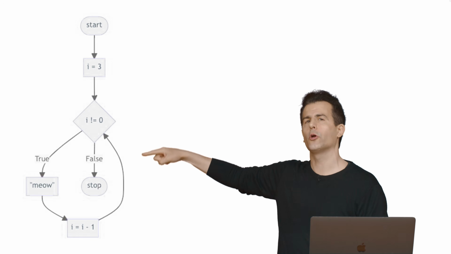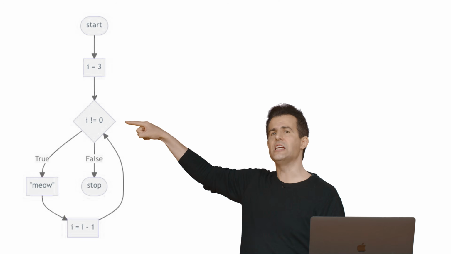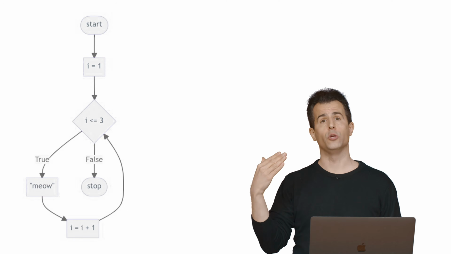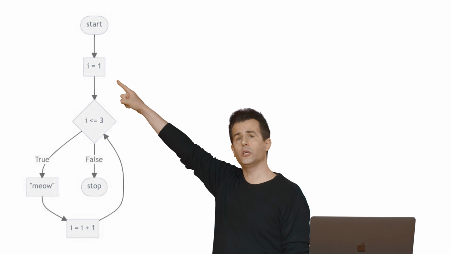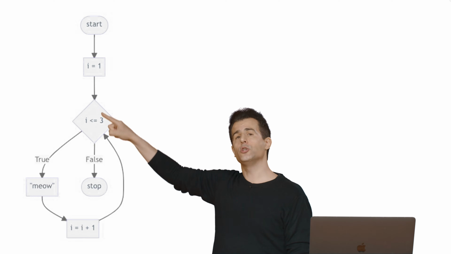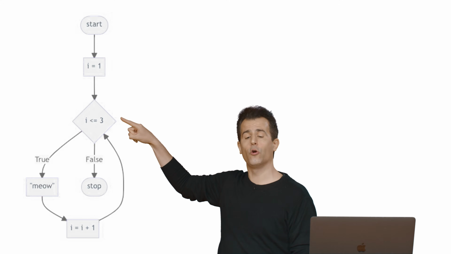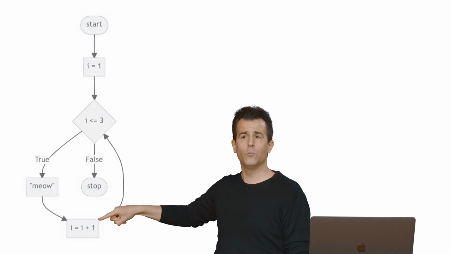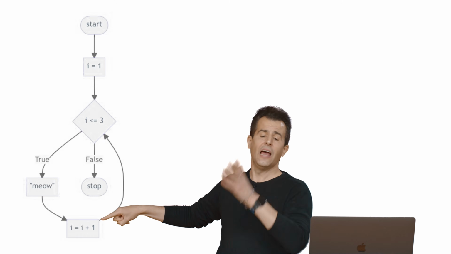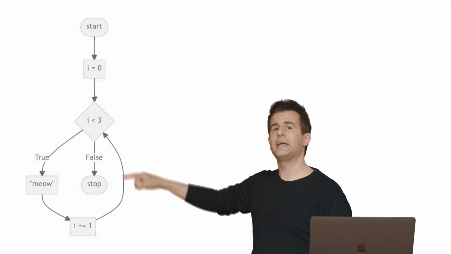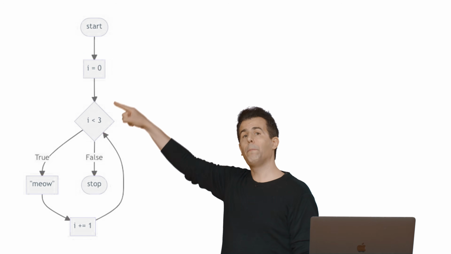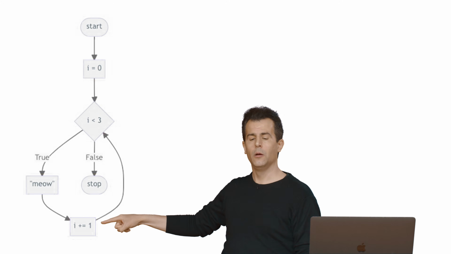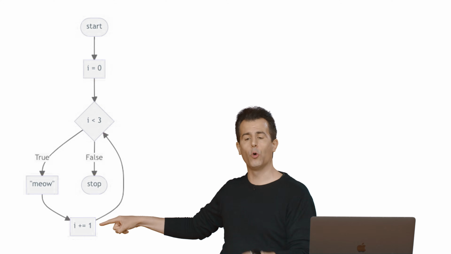This, recall, was the version where the question we were asking was I not equal to 0. Let me go ahead and change this code now to represent the next version we did, which, recall, changed our logic to start counting from 1. It changed our question to check is I less than or equal to 3. But then everything else was the same except for the counting, which is now plus instead of minus. And then we refined it a little bit further by counting now from 0 up to, but not through 3. And we tightened up this code by incrementing I using the slightly more succinct syntax.